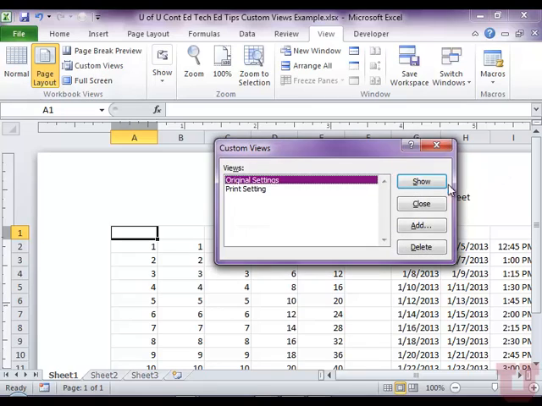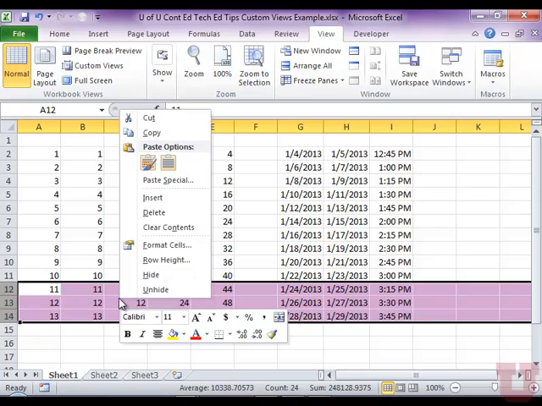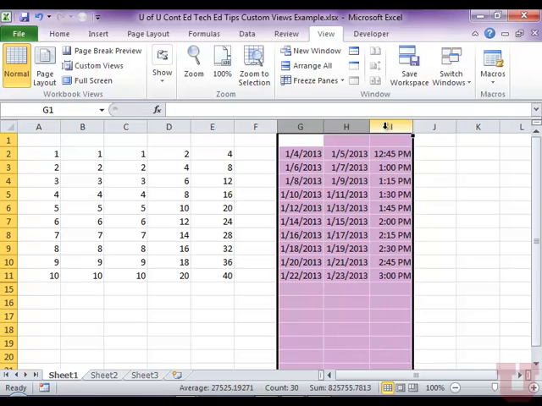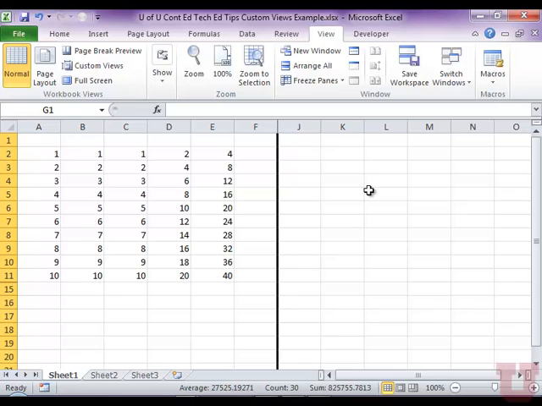We're going to go back to the original settings. So I'm going to click on Custom Views. I'm going to make sure Original Settings is highlighted and click Show. Okay, now say later on as I'm working I want to hide certain rows and columns. So I'm going to select the rows that I want to hide, right click and click on Hide, select the columns I want to hide, right click, click on Hide,